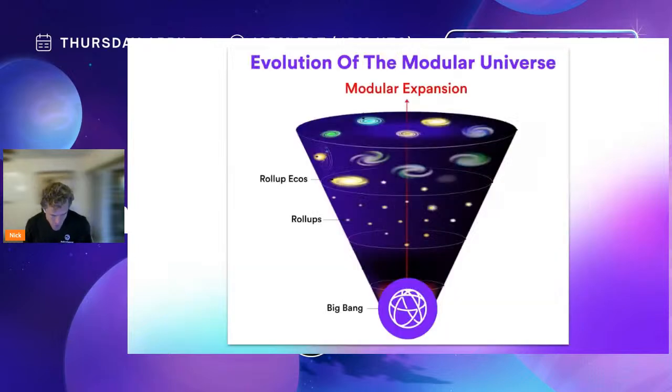You can also think of it as the big bang for the modular ecosystem. Now that we've removed that constraint, at least for block space, all of a sudden we have the ability to experiment and build on top of something new. There were a lot of rollups on Ethereum, but they were constrained by the throughput of Ethereum. And Celestia is leading this charge, a new wave of expansion and growth in a new category of blockchains called modular blockchains.